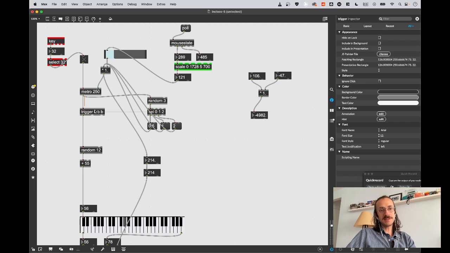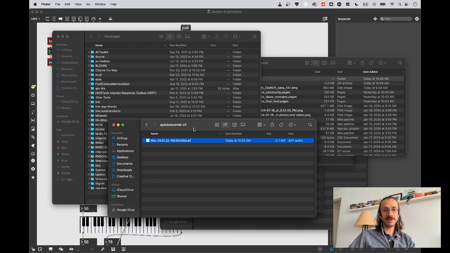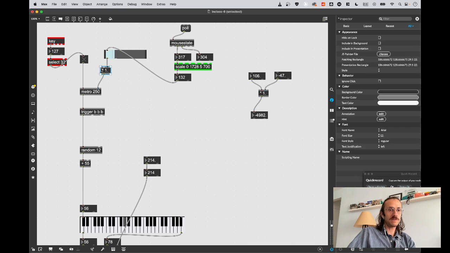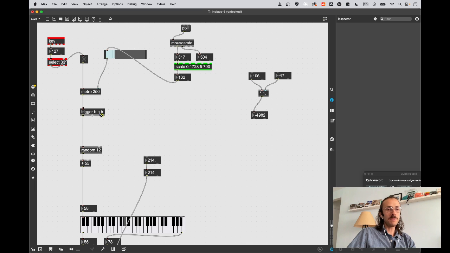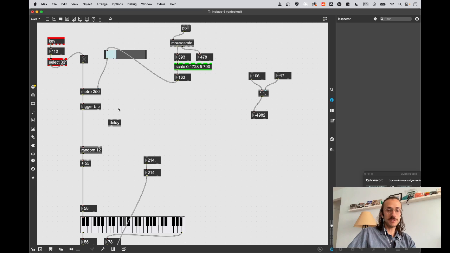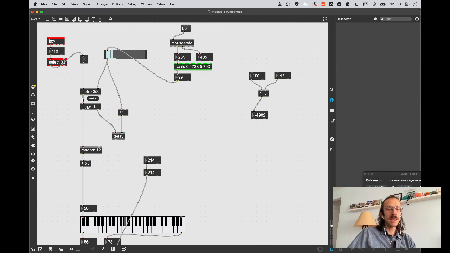The thing that I was going to do that I thought would sound cooler than this, okay, we'll do one more thing, and then I'll do a send off. So the thing that I wanted to try was, instead of this random thing, hold on, let's save this, and then I'll do in class 6. And I'm going to get rid of this mechanism. It's not really doing what I wanted, but I still want to adjust this. So what I'm thinking is this: what if once in a while, randomly, we re-trigger the note? So I'm going to throw in a delay, and the delay will always be equal to 1/2 of whatever this value is. So basically a trigger, a bang comes out of this metronome, and